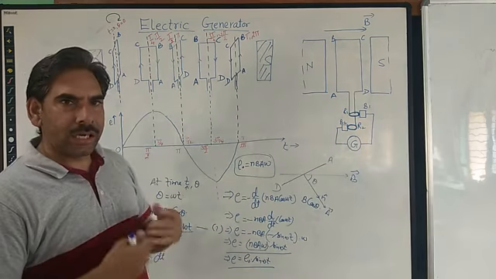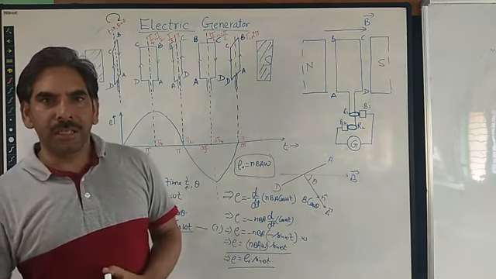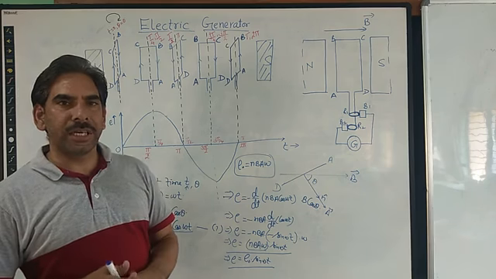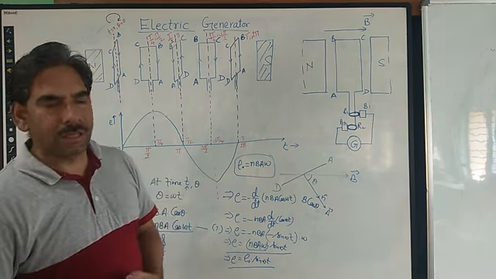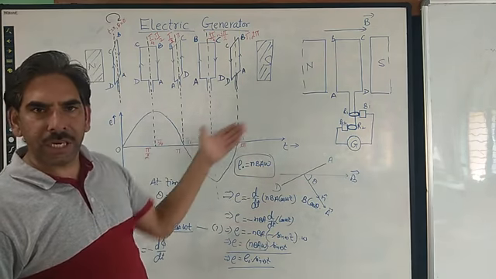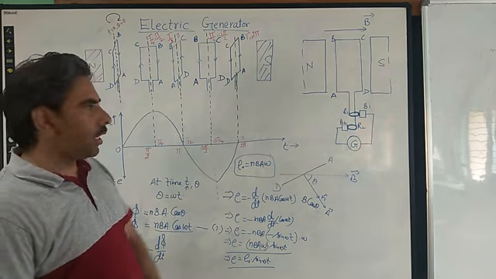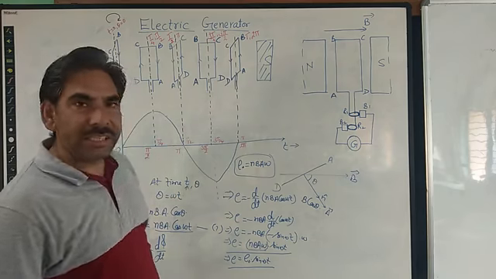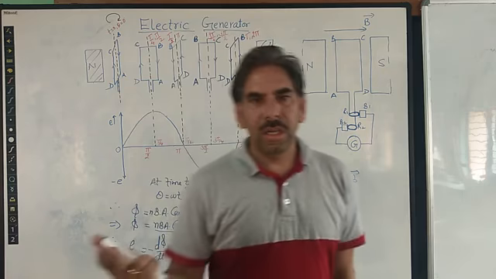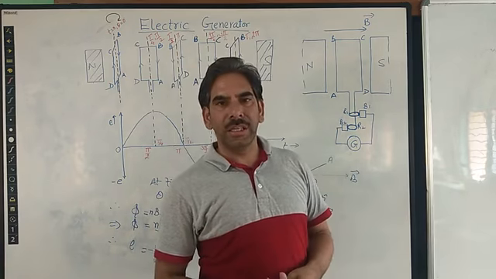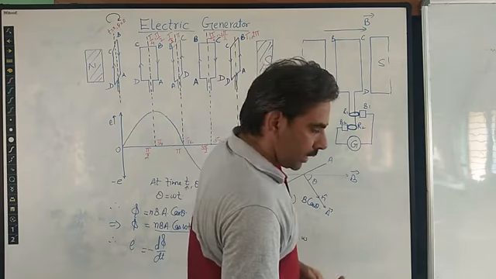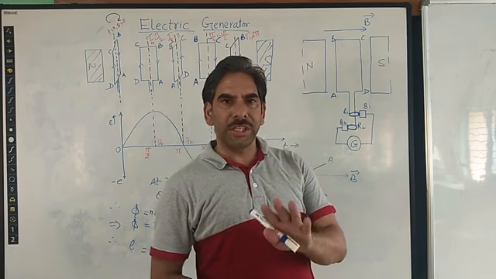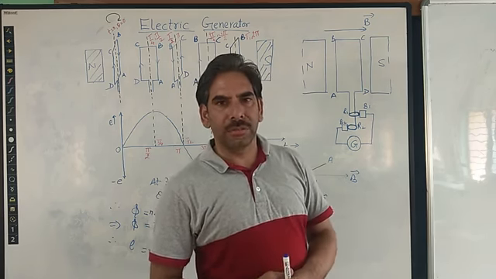Alternating current, or AC, is the current which changes its direction after a regular period of time. That kind of current is called alternating current, and the device which gives such output is called an AC generator. So this is the construction of an AC generator. What if we are interested in a DC generator which gives the output in the form of direct current? DC output is the one which does not change its direction. It may change its value, but it does not change its direction.